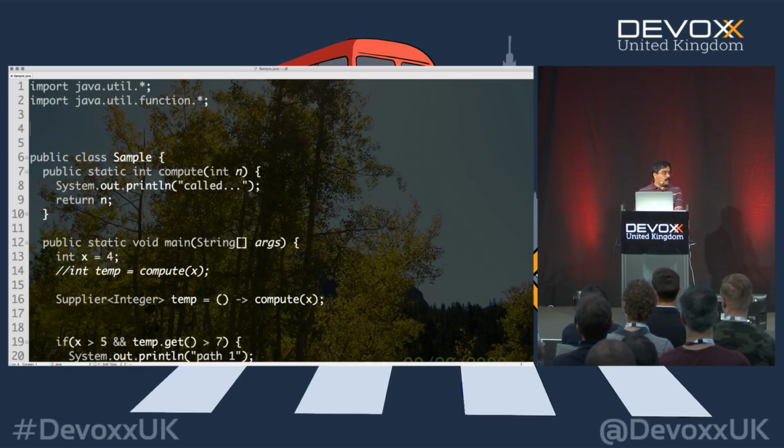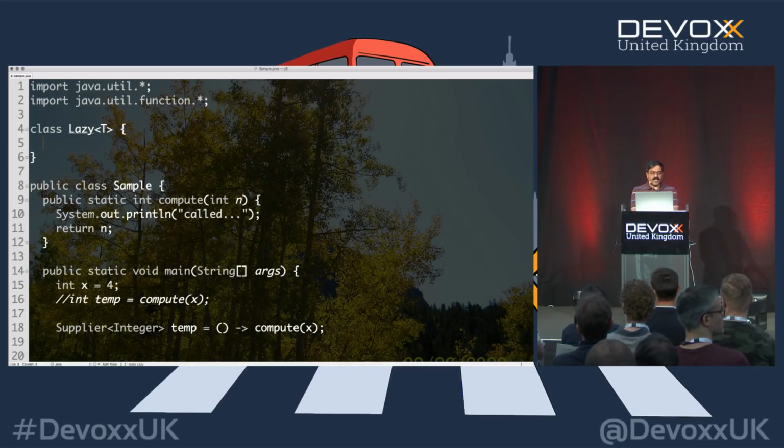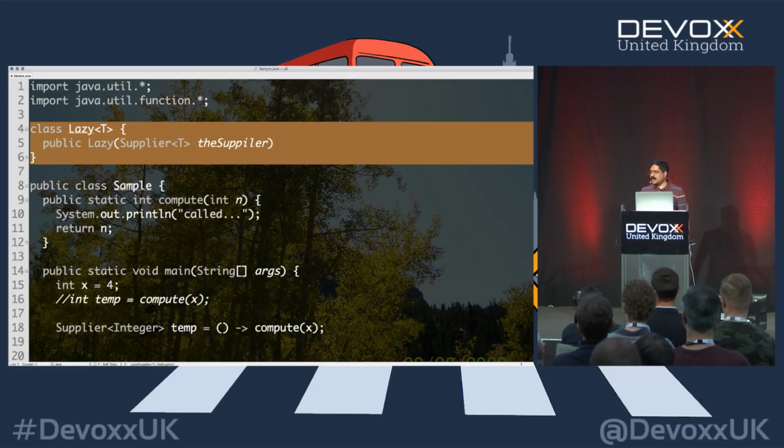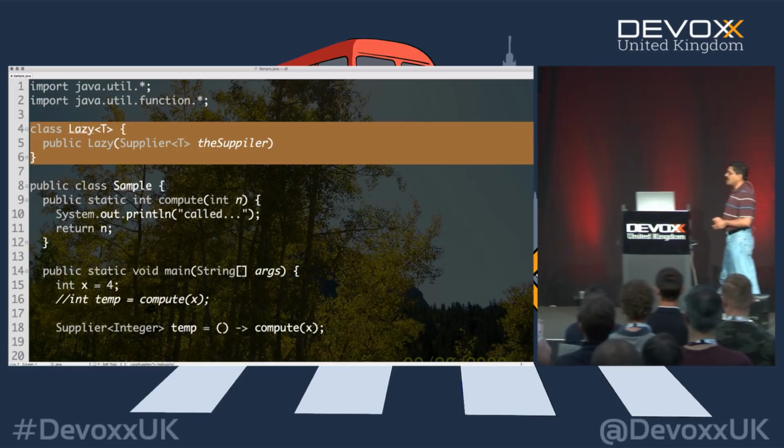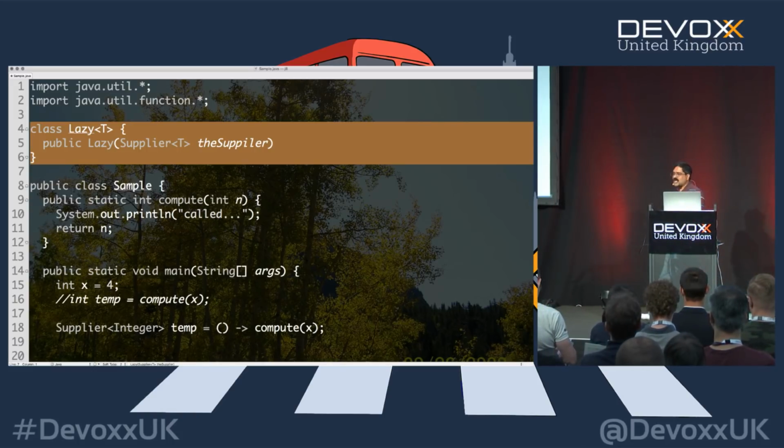One way to achieve that would be to say class, for example, and I can create a class called Lazy<T>, and within this class Lazy, I could provide a constructor, for example, where I can take a Supplier of this particular object, and I can continue in this regard, and I can provide a class like this. And about 10 minutes of effort later, you would have your own Lazy class implemented. And the minute you finish implementing it, one of your colleagues will come to you and tell you, good job, by the way, that's not thread safe.